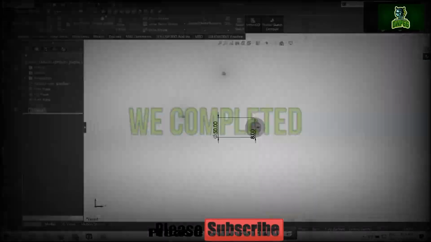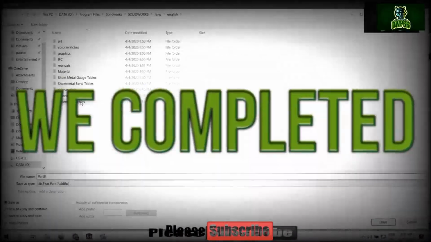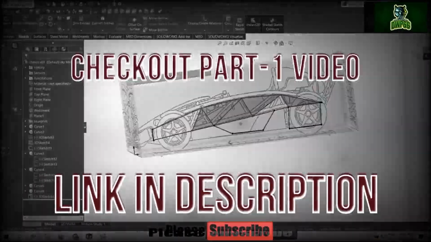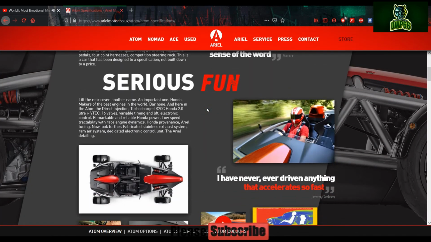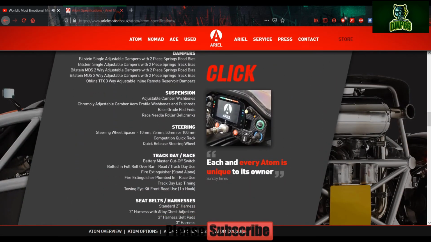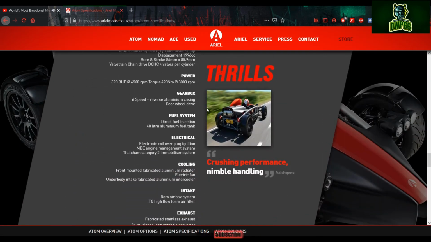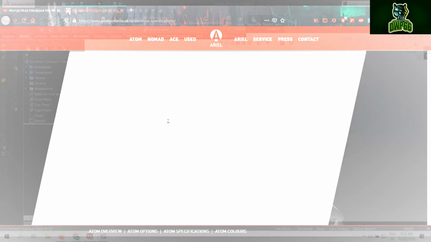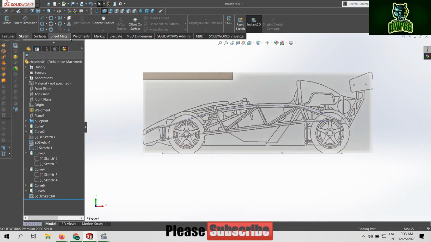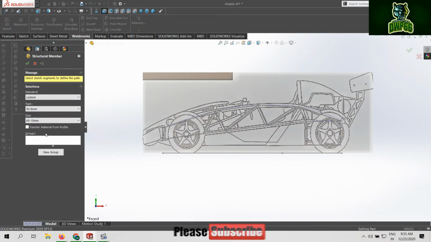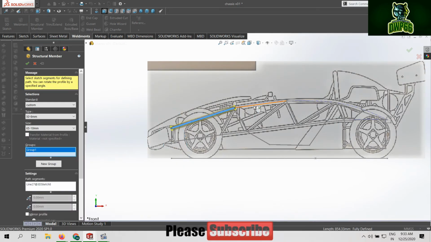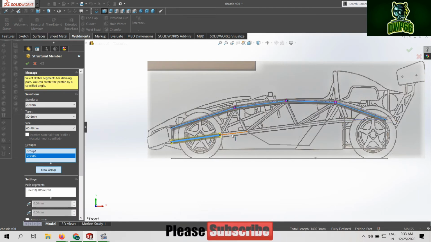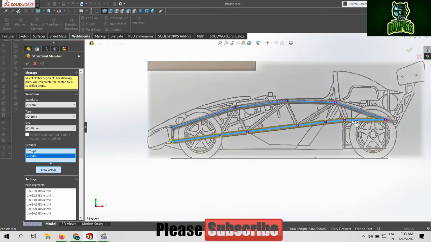Last time we finished designing the sketch profile for our chassis and custom weldment profile sketch using my easiest trick. If you haven't watched that video, check it out. Link is in description. Aerial Atom is such a product, no doors, no roof, no compromise. It's unique, it's original, and nothing else comes close. Nothing at all. As I promised you, I will show you how to make frame in 3 easy steps. 2 of the important steps we finished on our last video. This video I will show you the last and tricky part of designing.